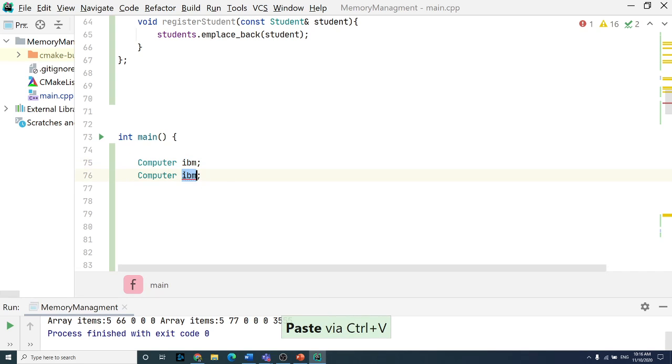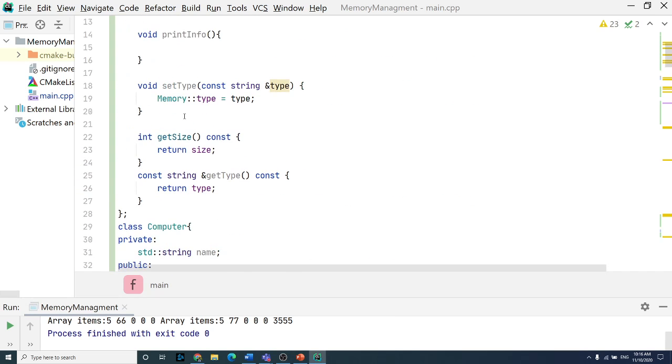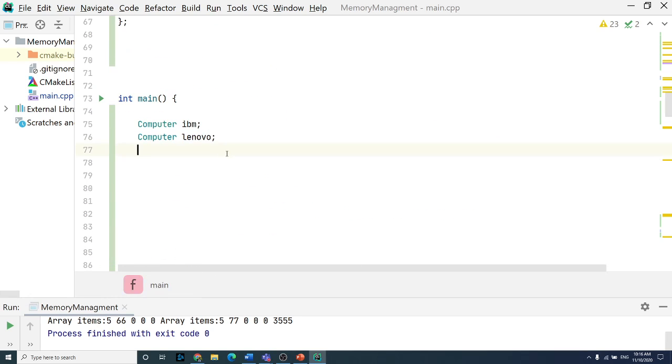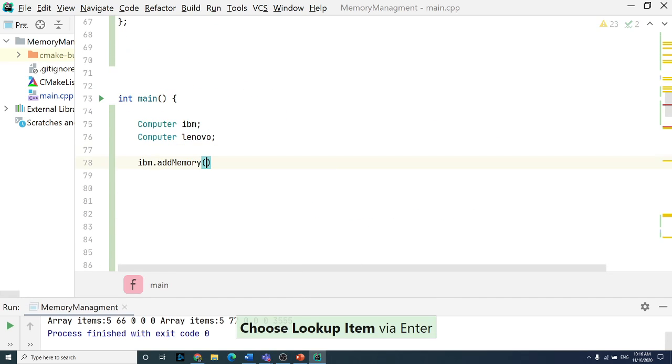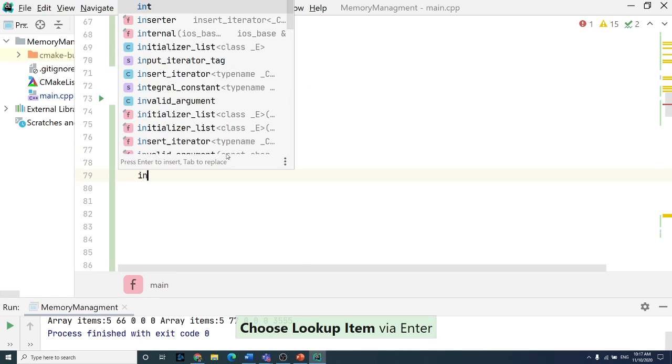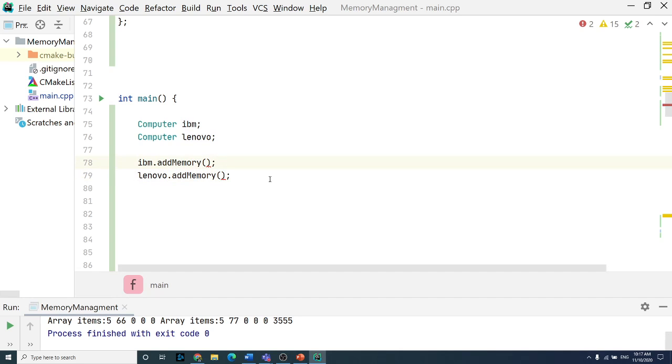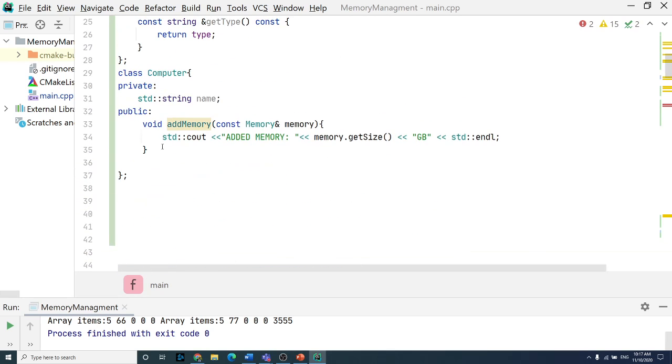When you're creating like this, IBM and Lenovo, for example, and you're not using the static keyword, you're using different IBM functions. Using the same function, but for this IBM it belongs to IBM's add memory, and Lenovo belongs to Lenovo's add memory. It's two separate functions. When you have the static keyword,